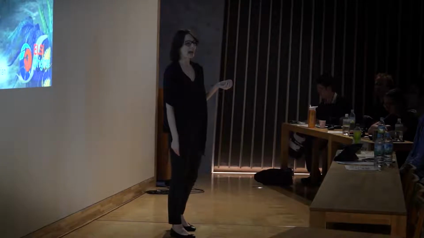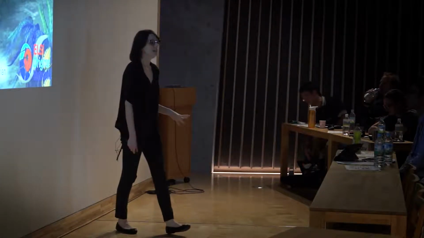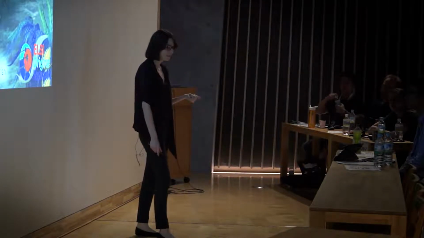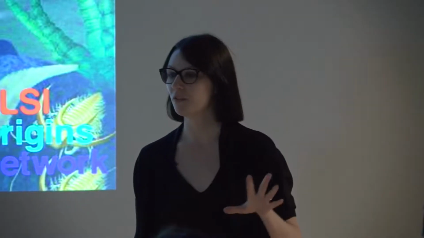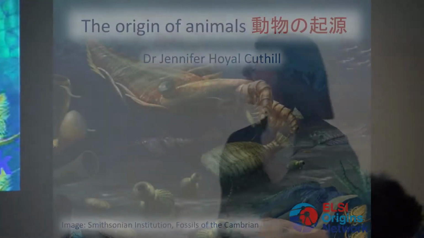So, the eon of time which we live in today is called the Phanerozoic. This means visible life, or literally visible animals. This began 541 million years ago in the Cambrian period. This is the time when many of the modern animal groups first appear in the fossil record. You can see some examples of these up here.